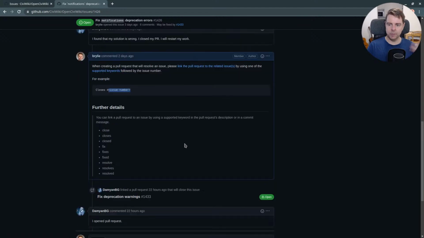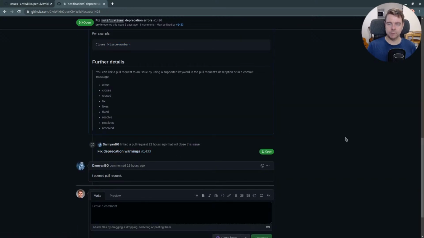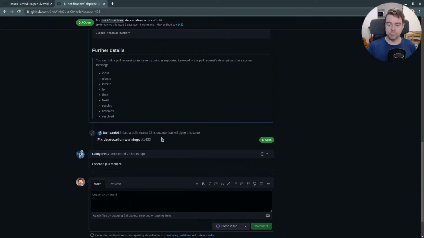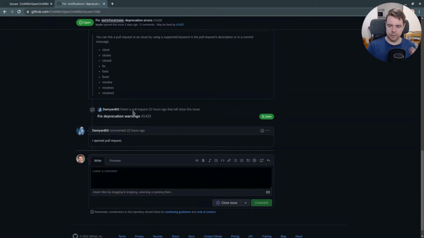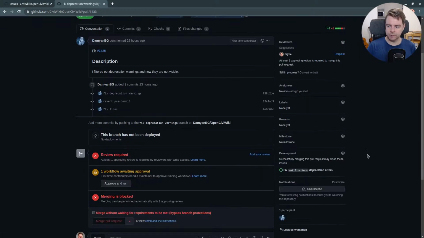Not everybody knows this syntax. A lot of people will instinctively say this is related to issue such and such, using natural language, but GitHub can't quite parse all the natural language. It's a little more restricted, but if you use any of these documented keywords, it'll link it up, and that saves us a little bit of time. It also lets me jump straight from the issue to the related pull request, or vice versa. So it's really helpful for making sure we're following practices like assigning a developer to the issue.